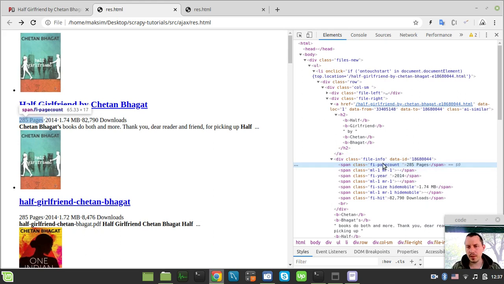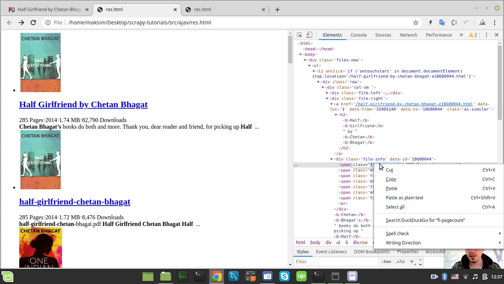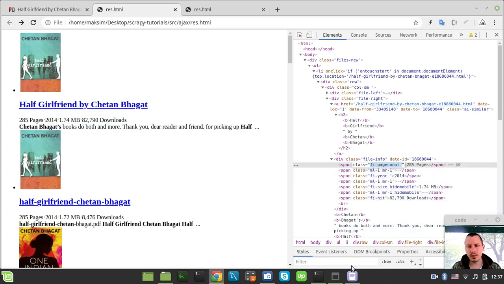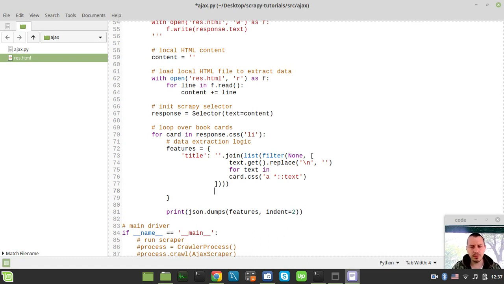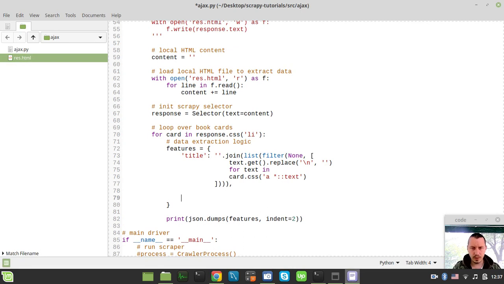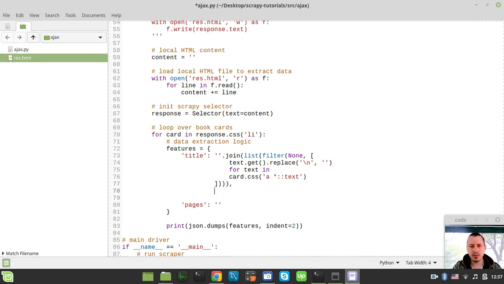Okay, so yeah, as far as they have named classes, it would be extremely easy to extract them. So copy. So I can say like title. So well, actually before going into pages,